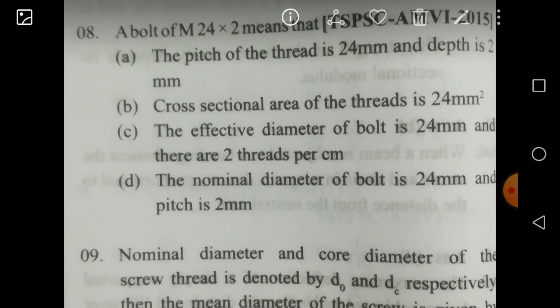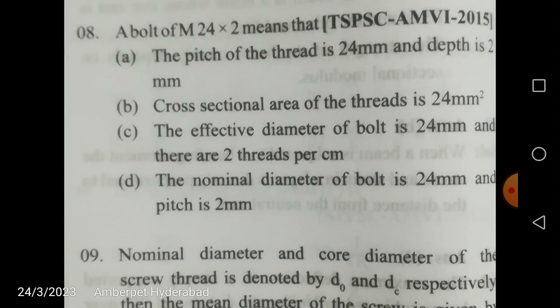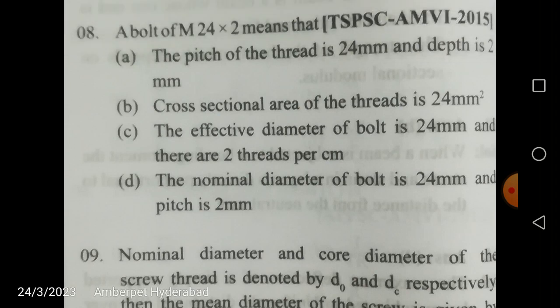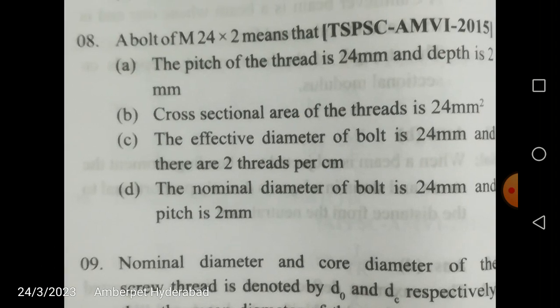So concentrate on all the mechanical engineering portion, which is 50%, and the non-mechanical engineering portion, that is your totally automobile portion. That means 4, 5, then 2, 3, 4, 5. These are the non-mechanical syllabus, and 1, 6, 7, 8, or maybe some part of the fifth topic also, like fluid mechanics, hydraulic machinery, etc. Please check it. So concentrate on the mechanical portion and also the automobile portion.